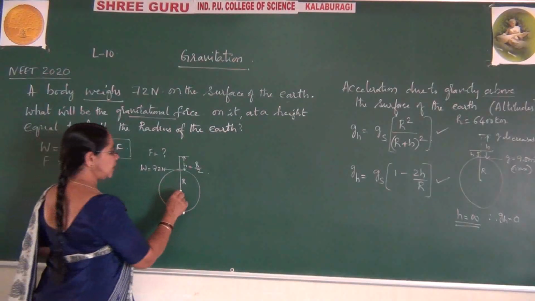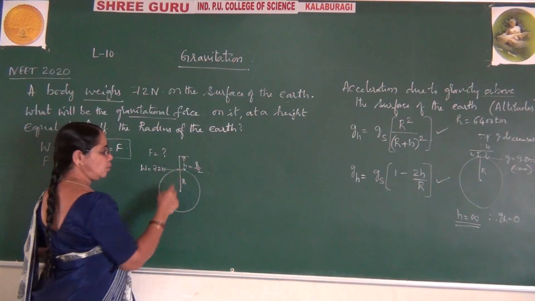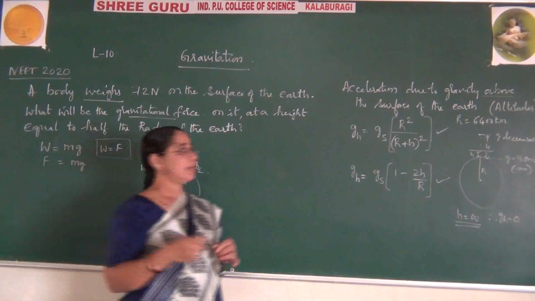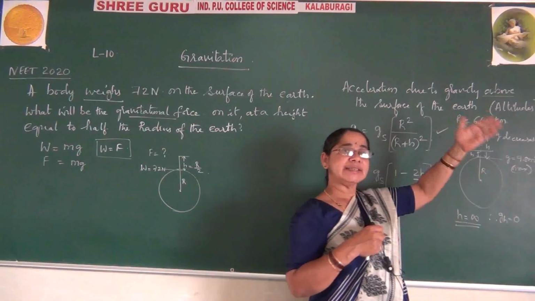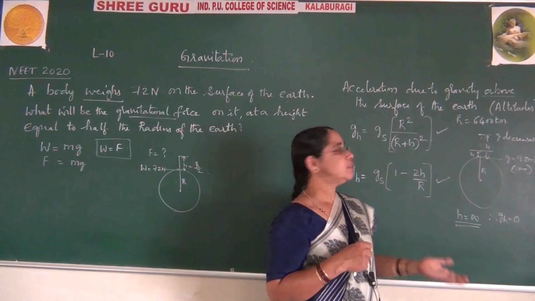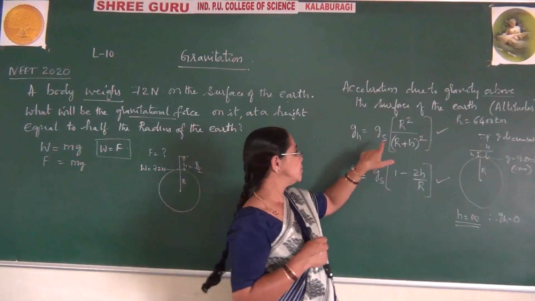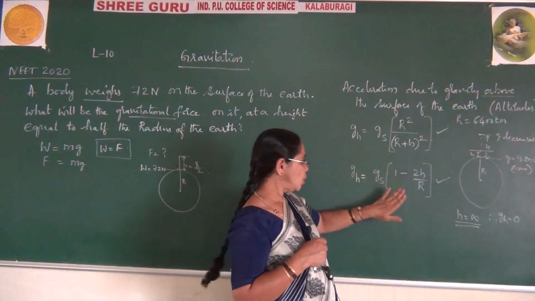Now you know from here to here this is R, but here it is H, and here this is R by 2. When you say R by 2, remember, already 6,400 kilometers divided by 2 is nothing but 3,200 kilometers. It is crossing more than 3,000. So you are better to select this formula first. You need not go for this.